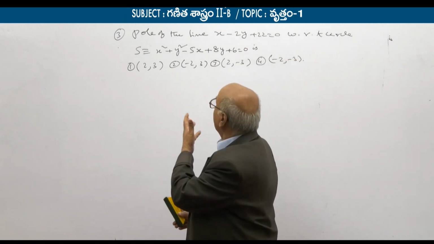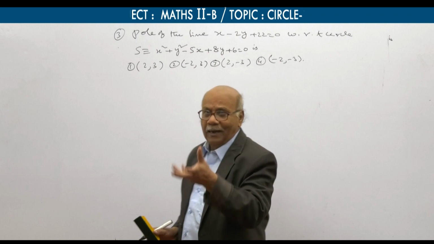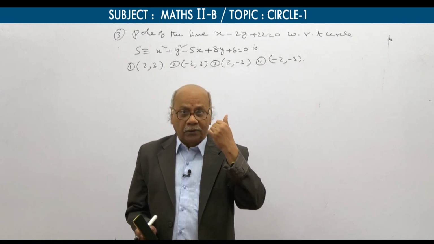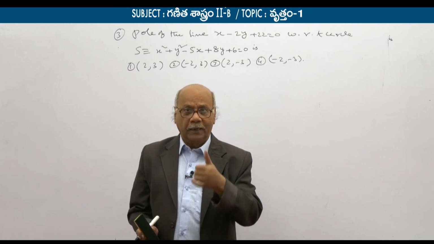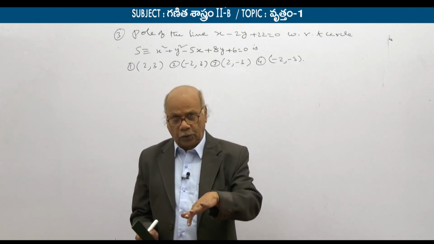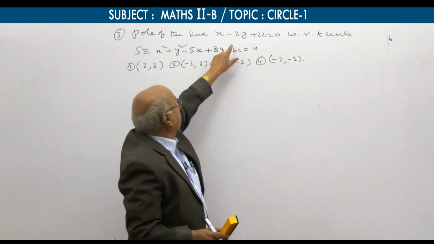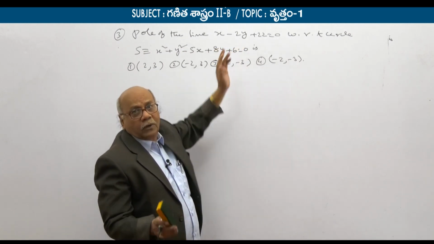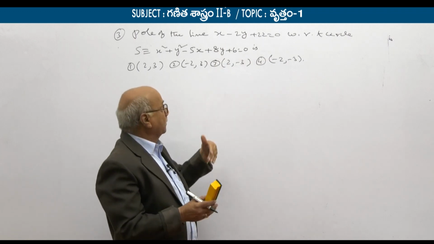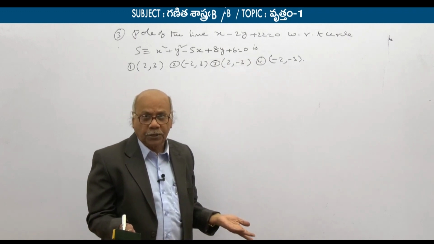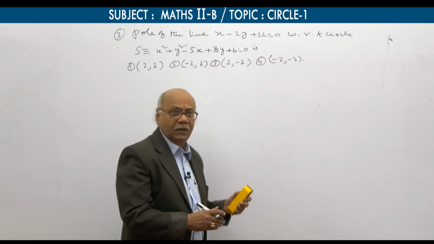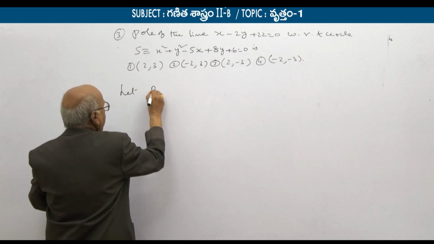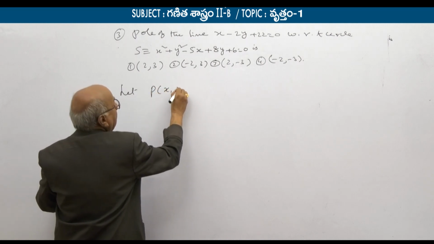Now, to find the pole of the given line with respect to the circle, the usual procedure is simply this: we know the equation of the polar of a point x1, y1 is S1 equal to 0. But by hypothesis, this is the polar of the point x1, y1. So you will simply equate that the corresponding coefficients are proportional. From that you will get the values of x1 and y1. So now you can take that, let P x1, y1